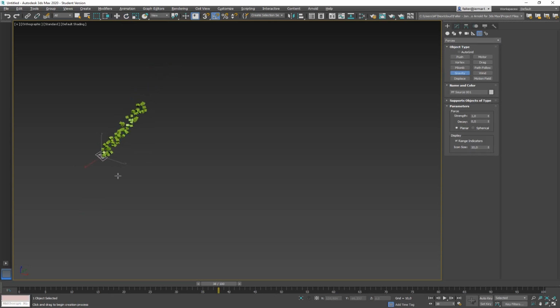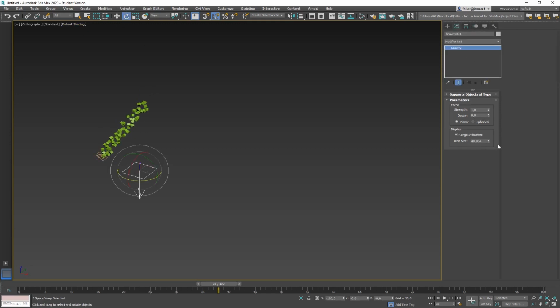Gravity, if I add it in a perspective view or top view, will usually point down. It doesn't matter how big the symbol is that I add. The strength is usually 1. So it just means if you want to make it stronger or weaker, this is where you can change that. So the icon size does not mean that there is stronger gravity or more gravity. It's also everywhere. It's not only limited to the place of the icon. So you can place the icon wherever you want. So let's put it on the other side.